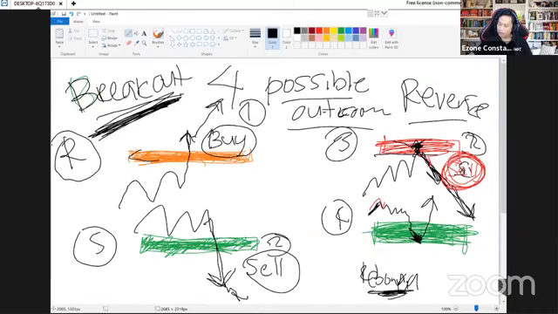In technical term here, we call it rebound. Okay, rebound. So when it rebounds here, like that, what does it tell you guys? You can what? You can buy here. Okay? You can buy here. In stock market, this area of support is the most beautiful place for you to buy